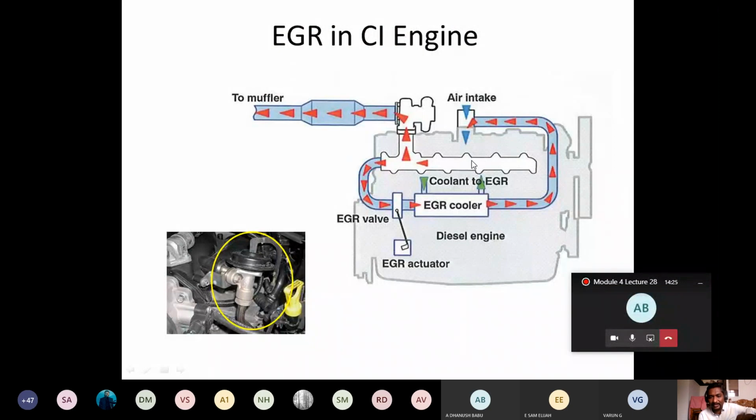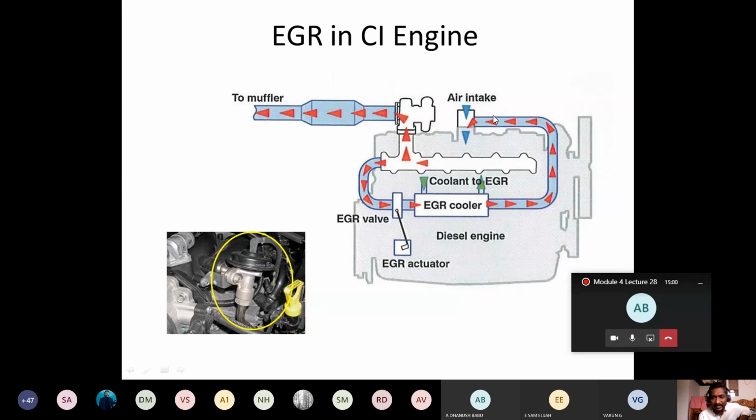And it undergoes combustion. Since the exhaust gas is available, which is a diluent, we are diluting the products of combustion, so the temperature is less. As the products of combustion leave, part of them is brought back. This is what we call exhaust gas recirculation, provided through the intake manifold. To reduce the temperature of the recirculated exhaust gas, we should provide an EGR cooler, which will bring down the temperature of the exhaust gases.